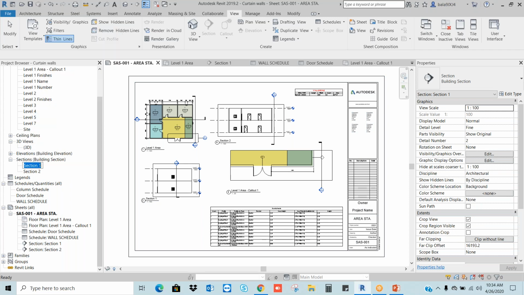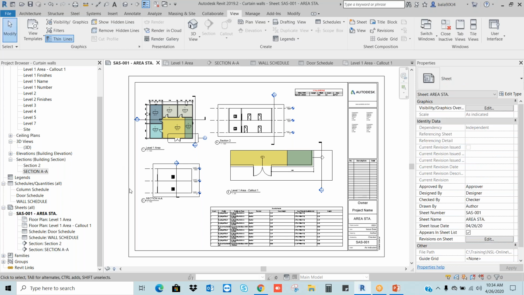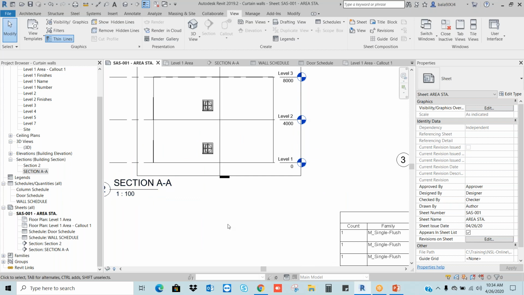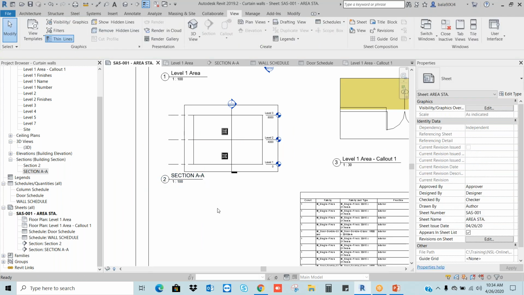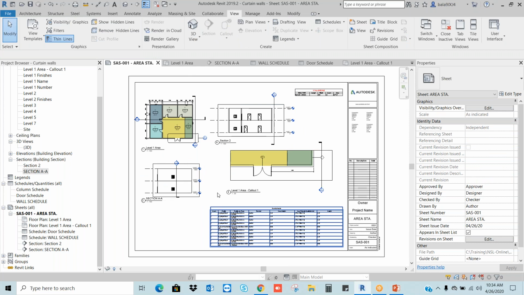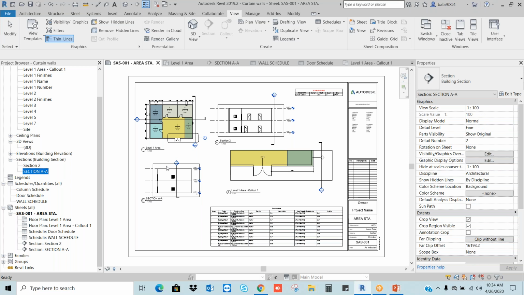Here I will give capital A. Okay, see, so everything is parametric and instantaneous. Whatever you change, it will get updated in the respective places.